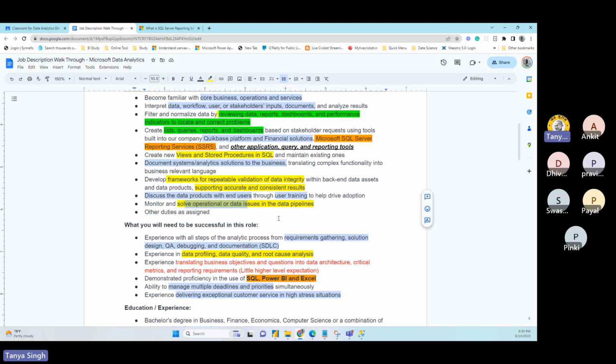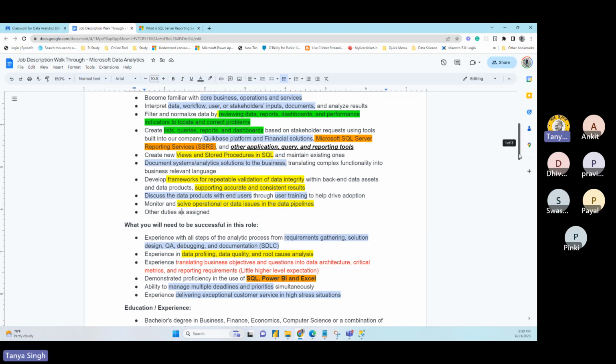Whoever is the concerned team managing that application, system, or data will be responsible to fix that problem. But finding the root cause, why your report is wrong or why the gender is coming null, usually comes to the data analyst, right?